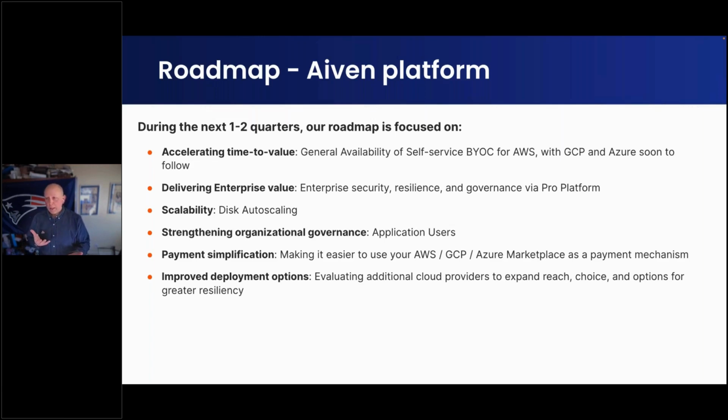John teased it up a little bit, this next item around delivering enterprise value. Many of our customers are enterprise customers who want additional enterprise security and resilience and governance, and you saw performance capabilities through EverSQL. We will be announcing that, rolling that into something we call Pro Platform. So this is just a tease, but more of a targeted enterprise set of service capabilities that are platform oriented for